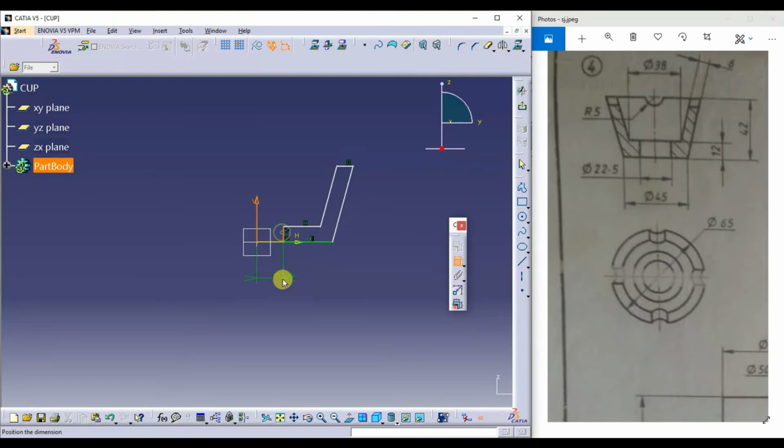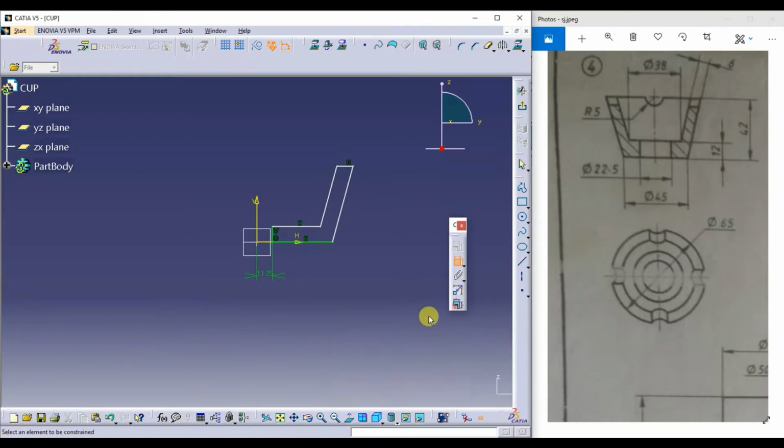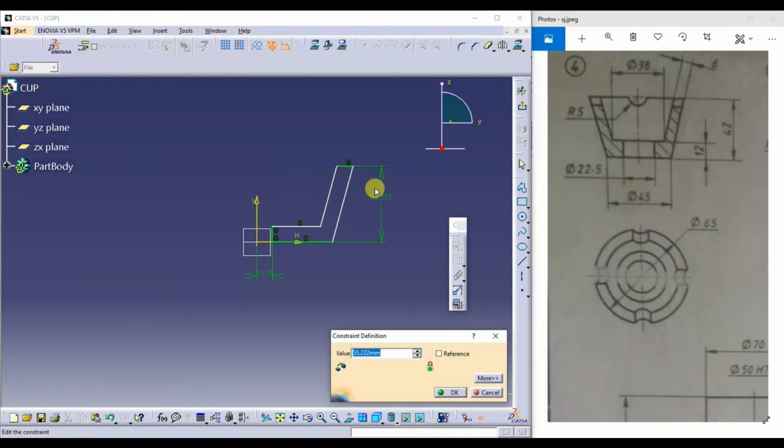From here to here it is half of 22.5, 22.5 divided by 2. Next, the height is 42. From here to here it is 42.